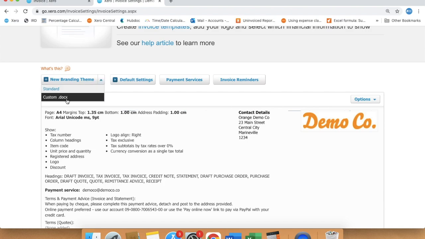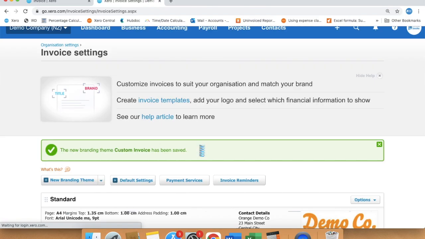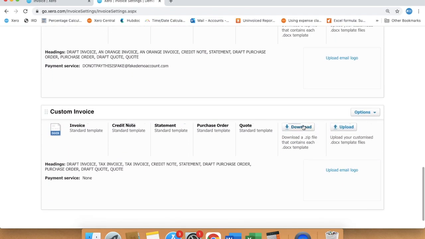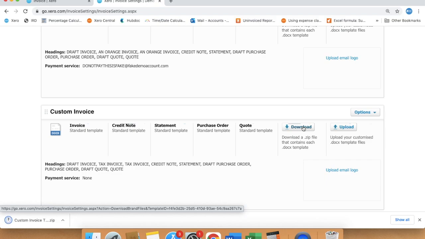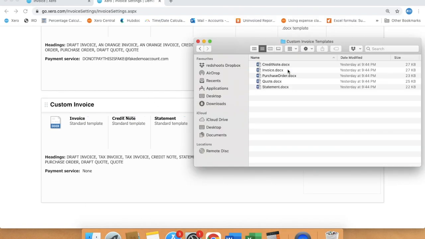So to create a docx theme, you have to go to this plus New Branding Theme button, but click the down arrow and select Custom docx. Give it a title, press OK. Then you download the template file, which contains all types of documents Xero can generate, but we only want to customize the invoice. So then we open it up in Word,